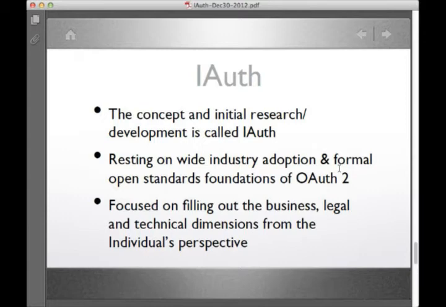The I of IAuth is the individual themselves, and the perspective of IAuth is the perspective of that individual.